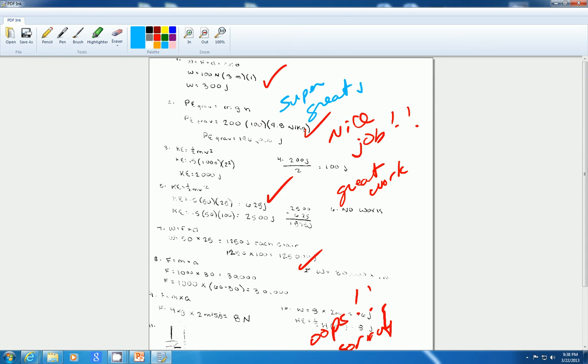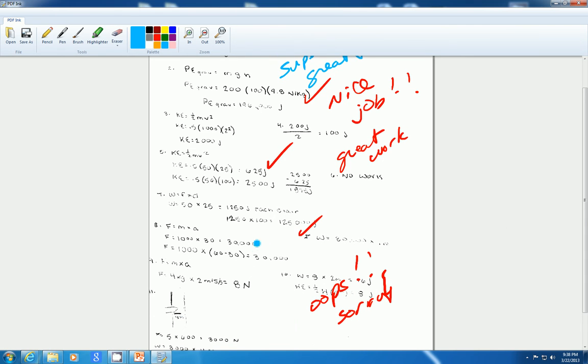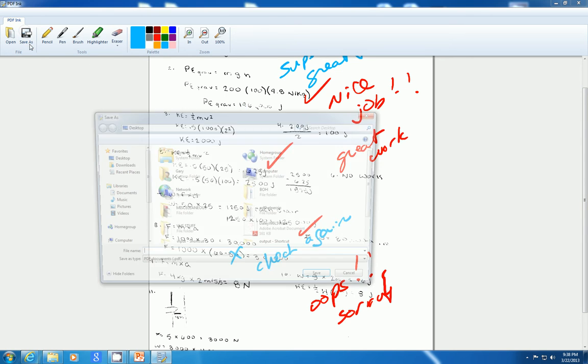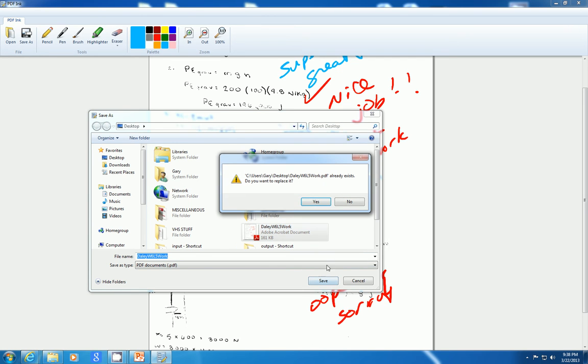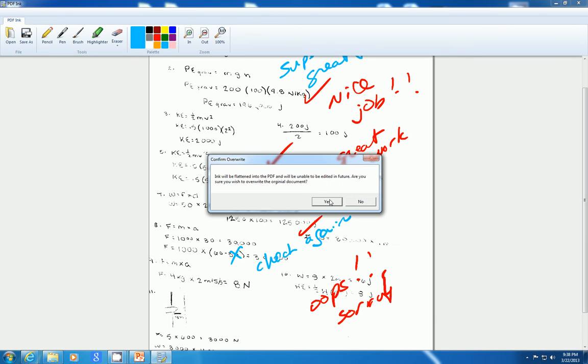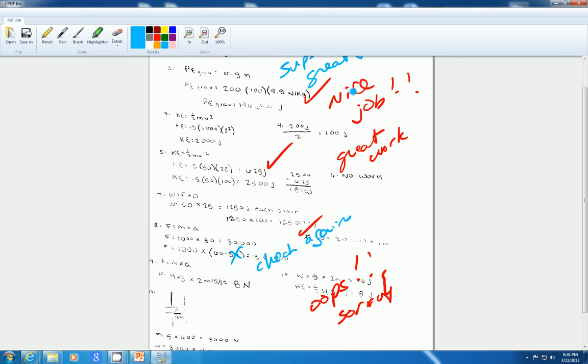Great job, which I've already written down here in red since it was a previous assignment. Or you could say this one's wrong, check again, whatever you like, just exactly like you would be doing in a face-to-face class with a hard copy. Then you can save this as that particular individual's homework, save it as a PDF. It overwrites it and saves it with all that markup, and once you have it, you can basically just put it in the student's Dropbox, and there you have it